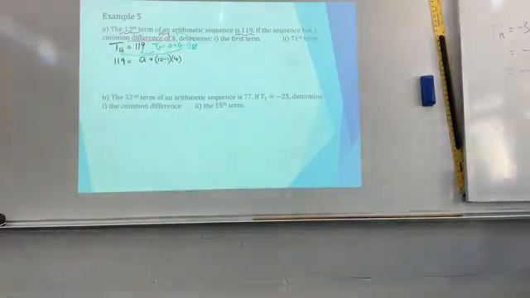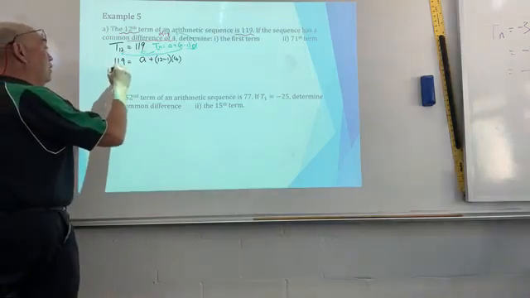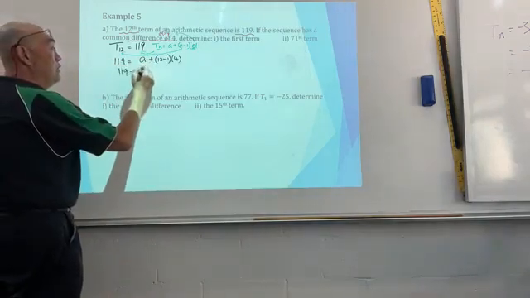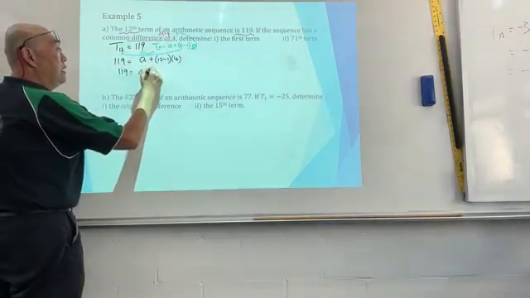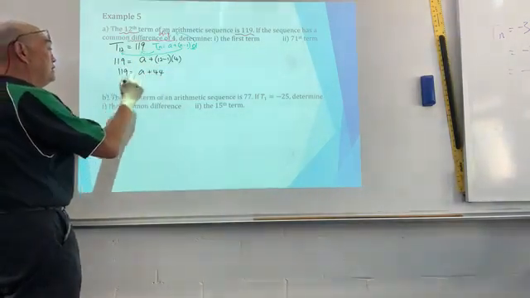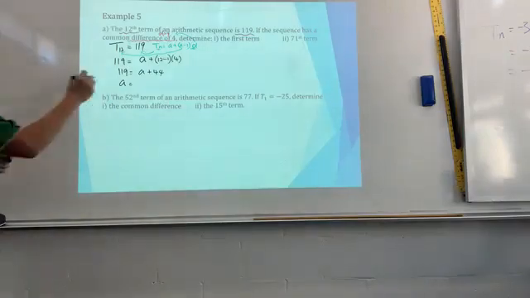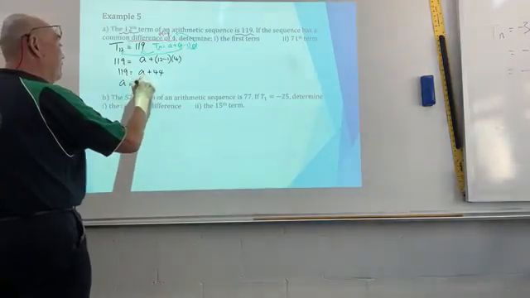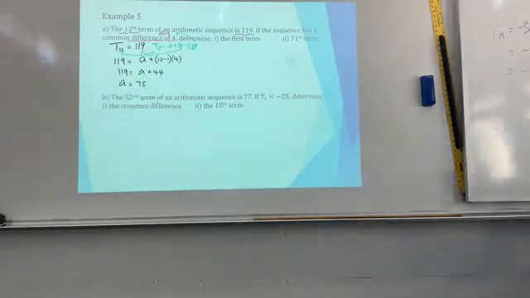Right? So therefore, solving that, 119 equals A plus 44. So A is 119 minus 44, which is 75. Now, do you agree with me? Yeah? Now, the 71st term,